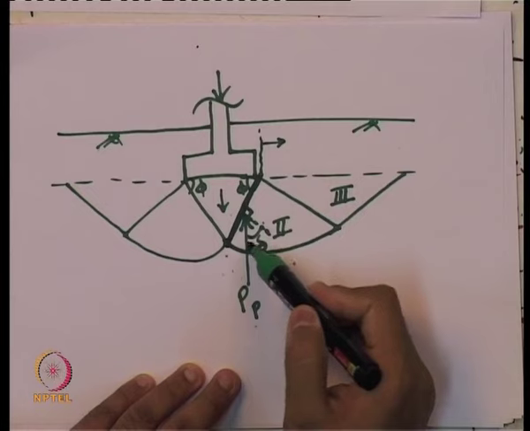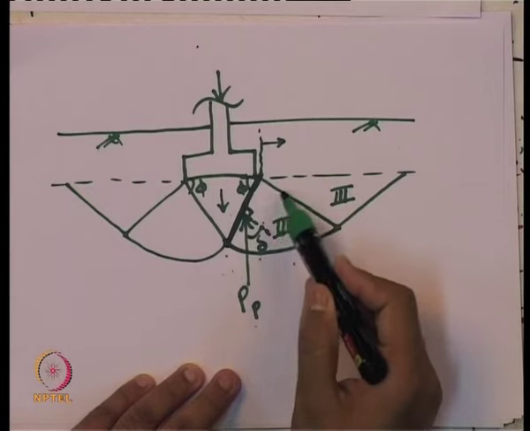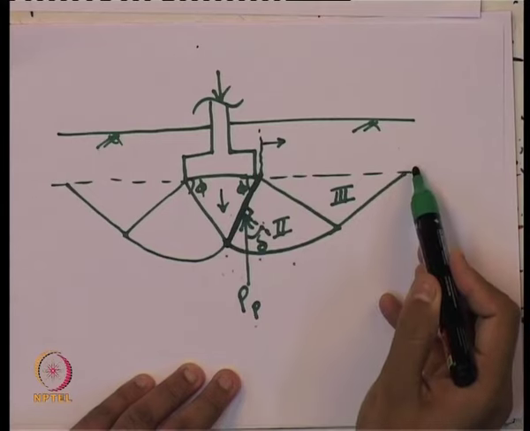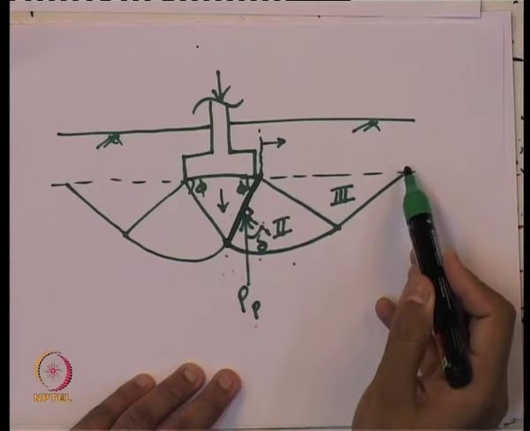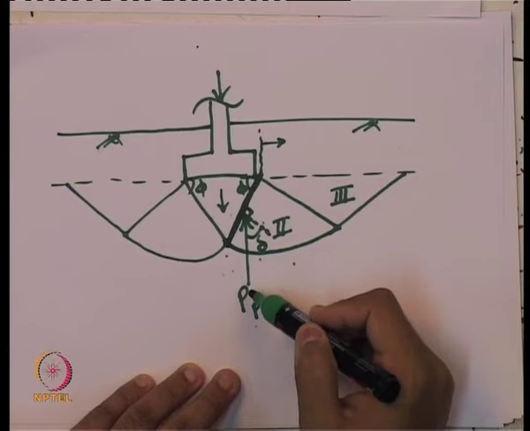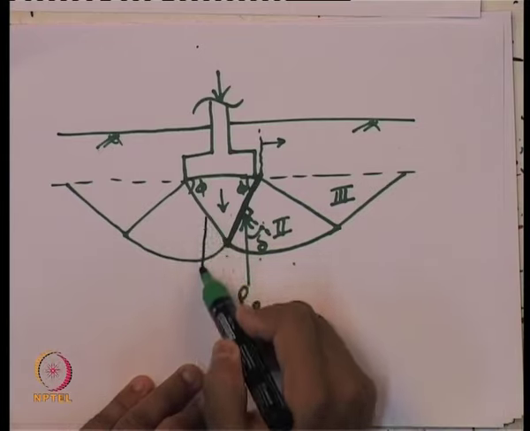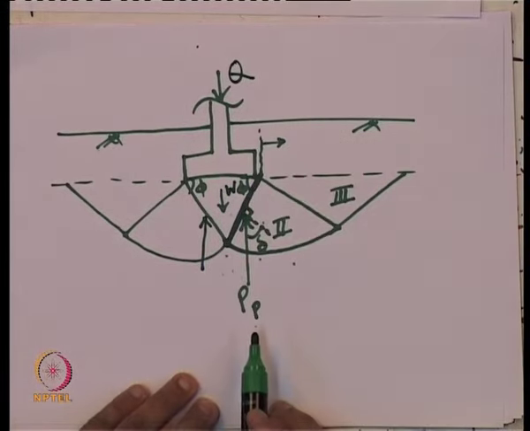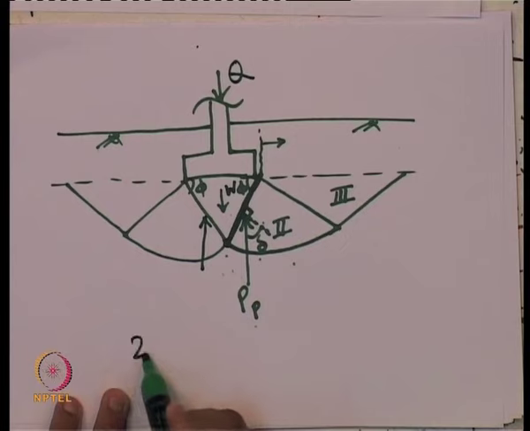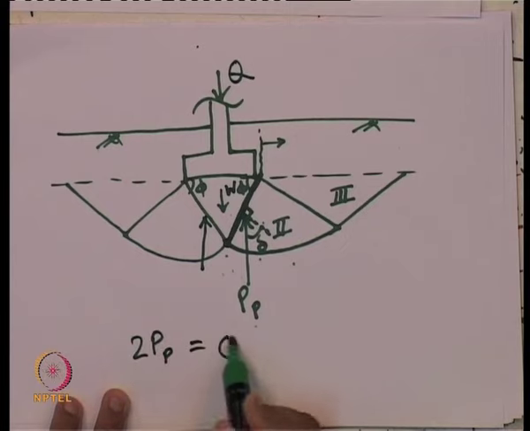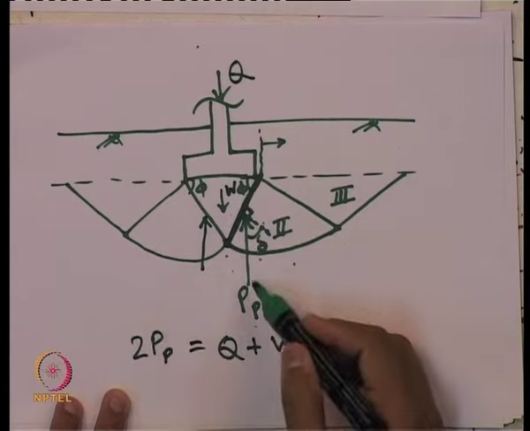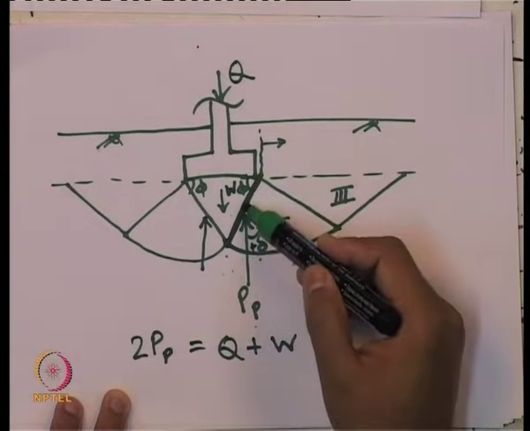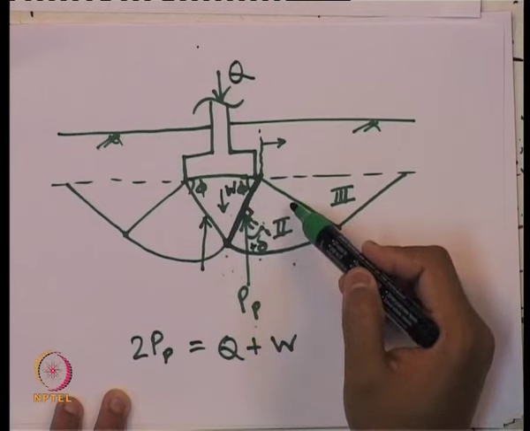Because it is acting at an angle delta, and considering this composite failure surface, that is a log spiral followed by a Rankine passive zone, we get the passive earth pressure acting in this direction, which will balance this W and this outside load. So, basically 2 Pp equals Q plus W. This is the application of positive wall friction angle of passive earth pressure, where what is the movement of the wall with respect to surrounding soil?